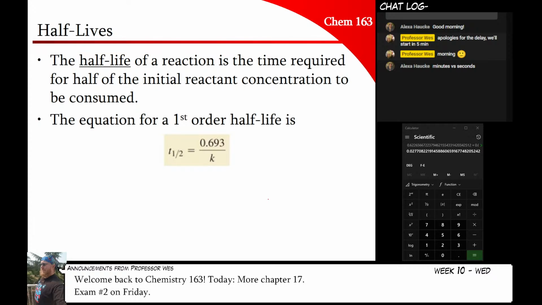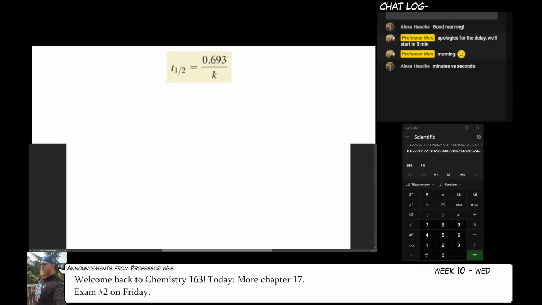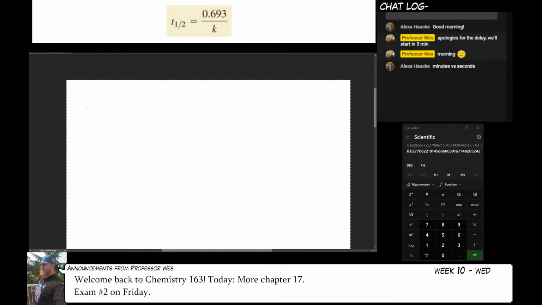The reaction for a first-order equation involves a bunch of logs and stuff. And we get a really interesting result. I'm going to just show this to you algebraically, how we get this number. Where's 0.693 come from for half-life? And the answer is, well, it just comes from math. So if I start here,